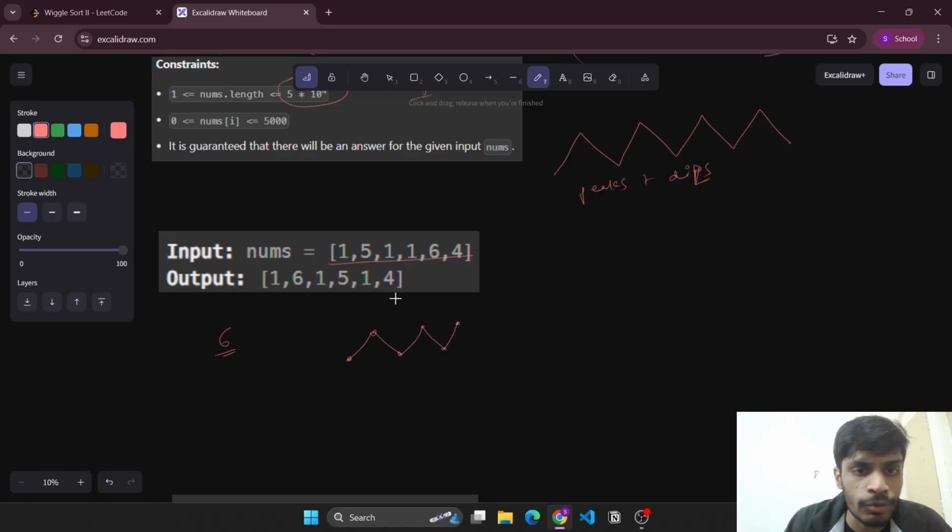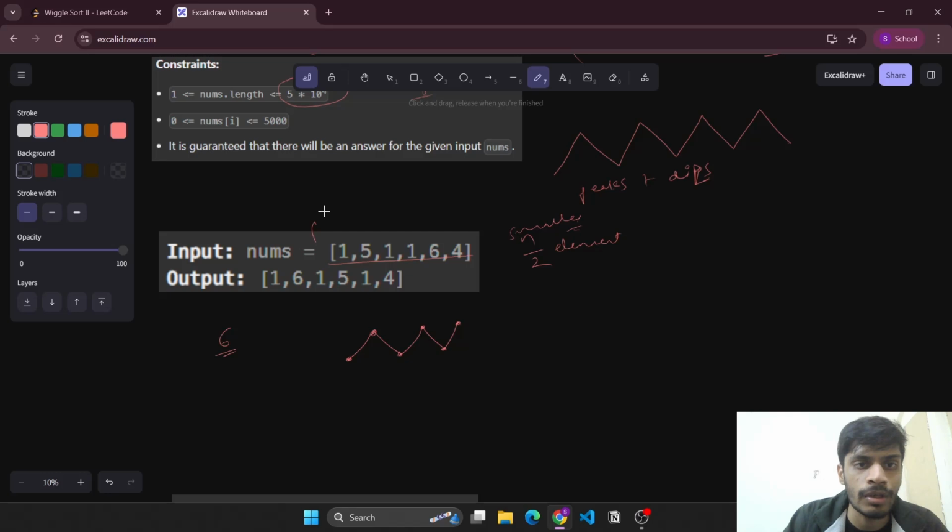Now we need to make some elements as peaks and some elements as dips, right? So what we'll do is make the smaller n by 2 elements part of the dips, and